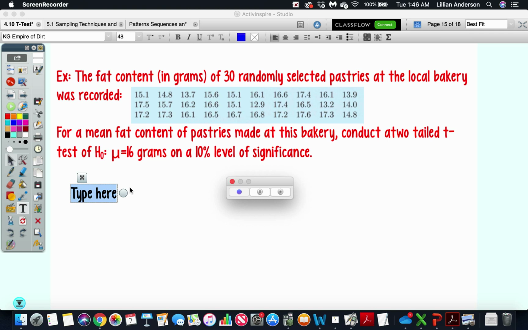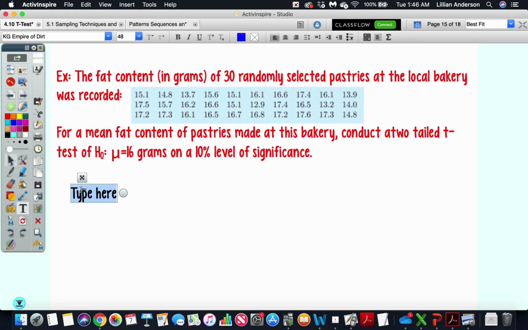Okay, so we know the null hypothesis already. And since it doesn't specify anything about any differences, like trying to lower the amount of fat, that lets us know that our alternative hypothesis is going to be